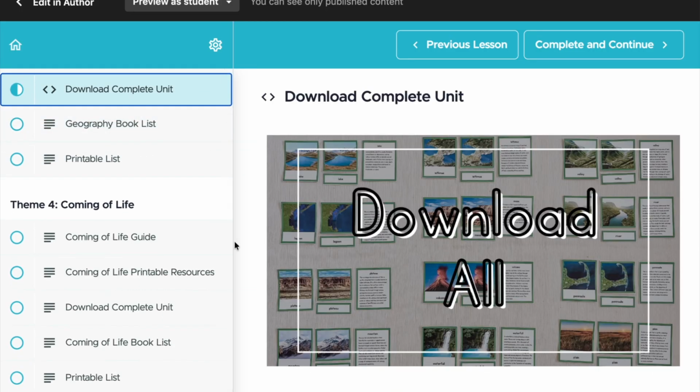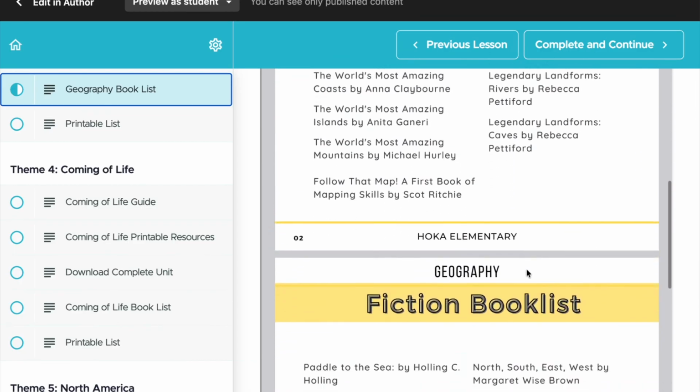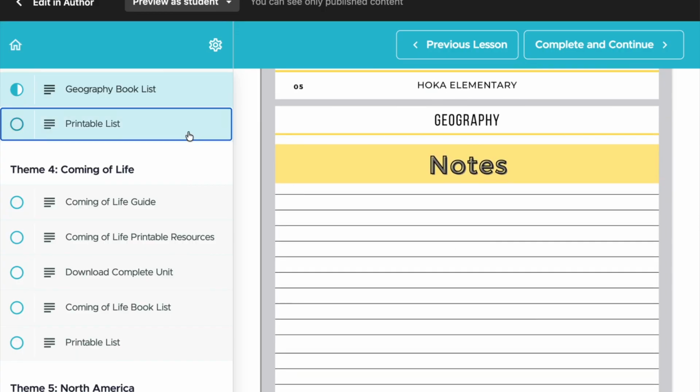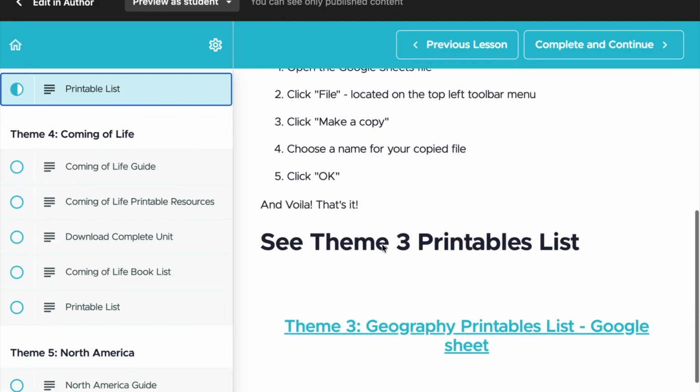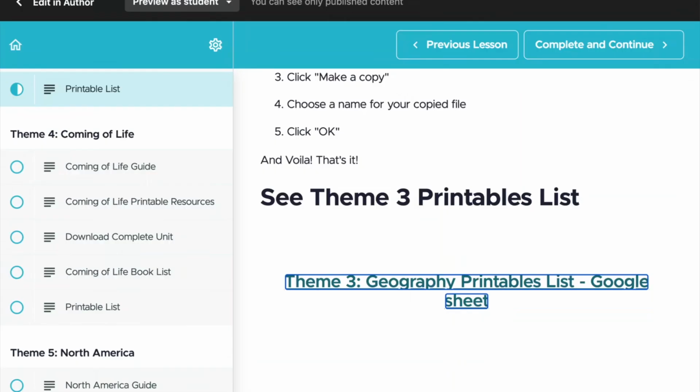Download the complete unit. You've got your geography book list, same sort of format, fiction, nonfiction, with checklists and notes. And then you've got your lesson printable list for this theme. Amazing, right? Really,